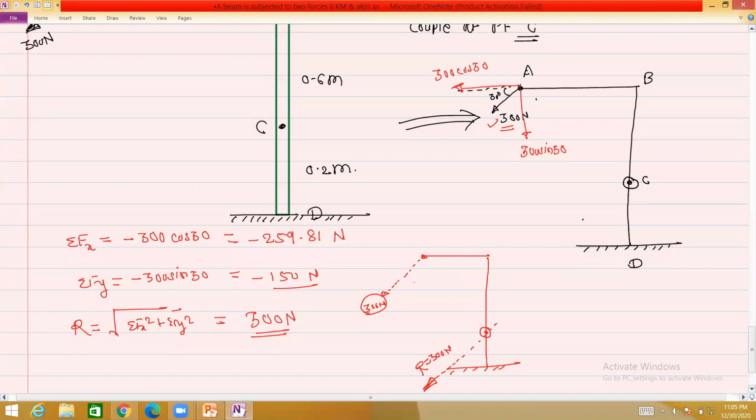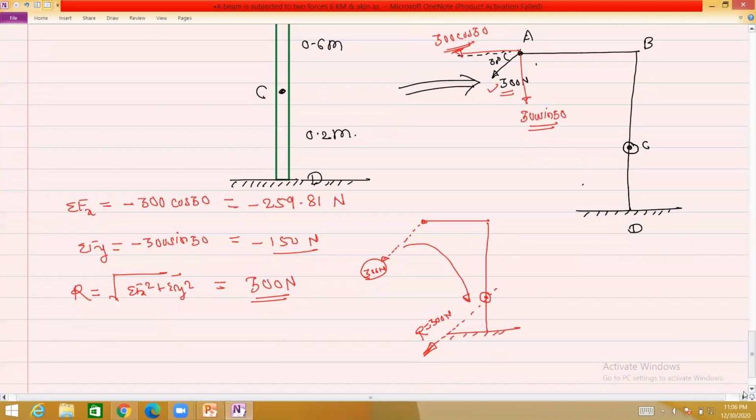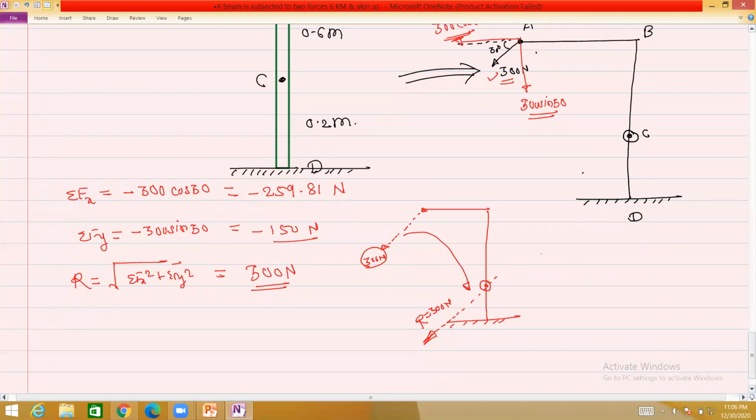Now we have to find what is the effect when we transfer this force to point C. So there will be an additional couple at point C. We have to find the couple by this 300 Newton about the point C. To find this couple, we have to refer to this y component and this x component. So to find the total couple or the moment, the moment by the force about the point C, there are two components. One is 300 sin 30. So take the moment of 300 sin 30.